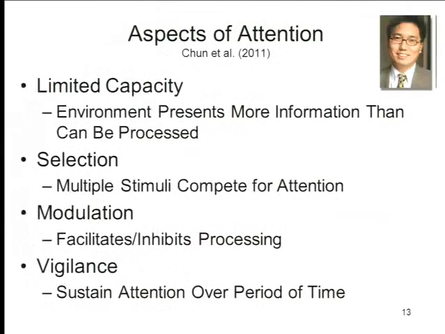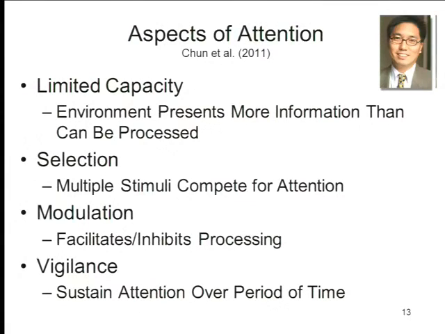More recently, Marvin Chun, who's a professor at Yale, probably one of the most interesting people doing work in attention these days, has listed some properties of attention that are important to us. The first is that attention has limited capacity. Remember George Miller's famous paper on the magical number 7 plus or minus 2, in which he argued that there are limits to the number of things we can keep in mind at any particular time. This is what Chun is talking about as well. There's a lot more information in the environment than we can process